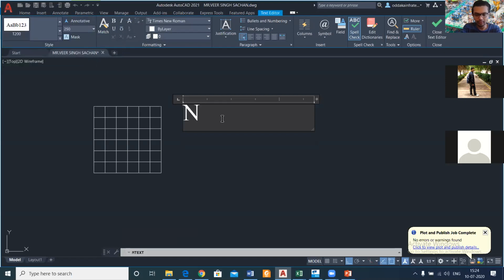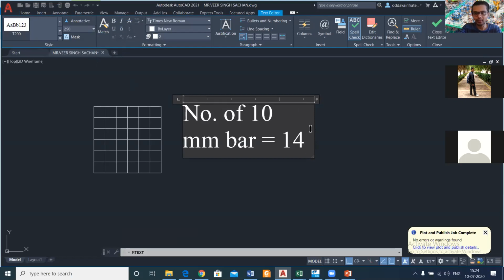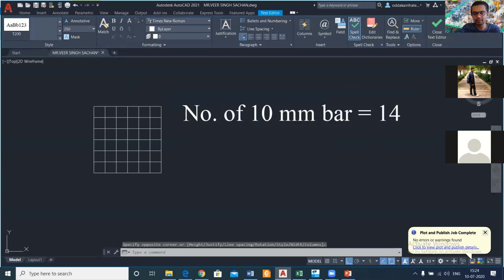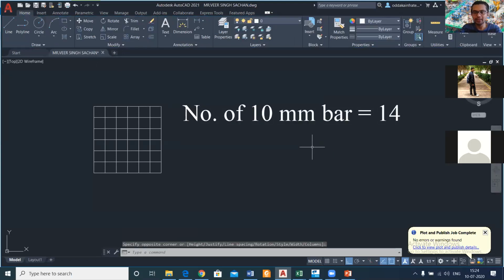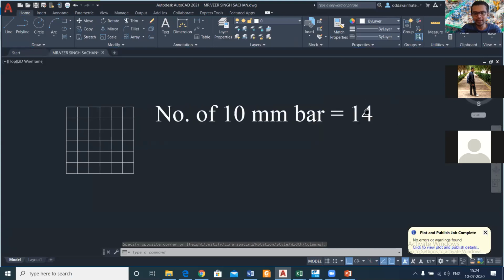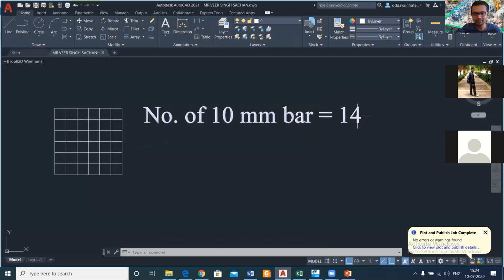So number of your 10 mm bars, the numbers we have here, equals 14. So 14 number of 10 mm bars we have in here. Now we'll find the length of these 10 mm bars.